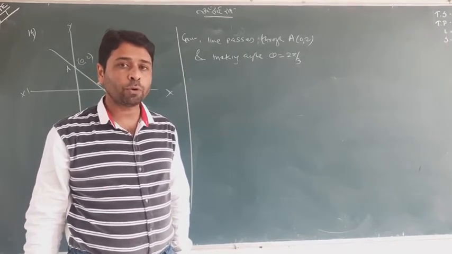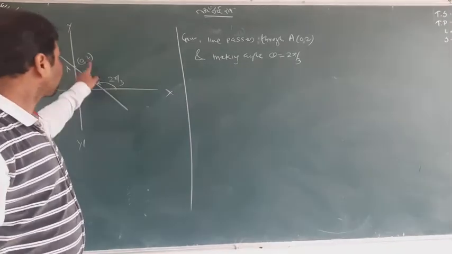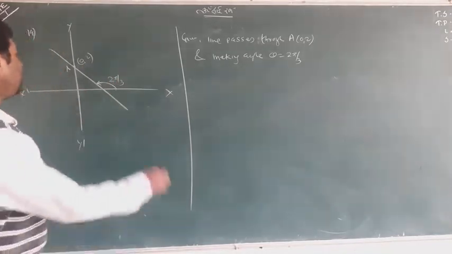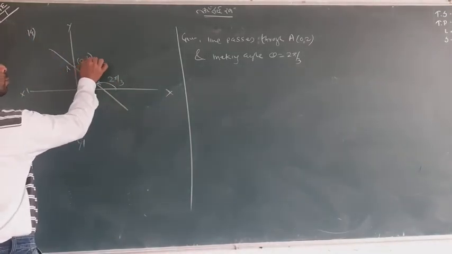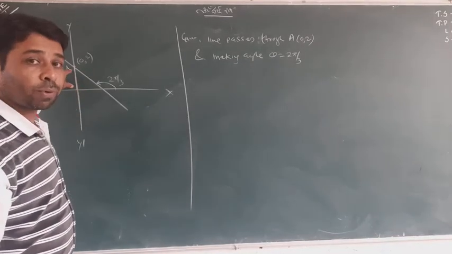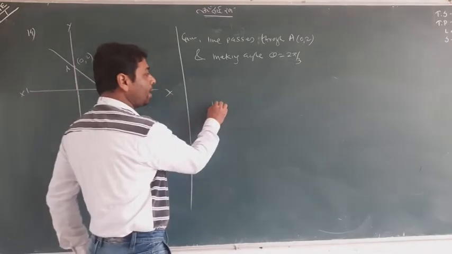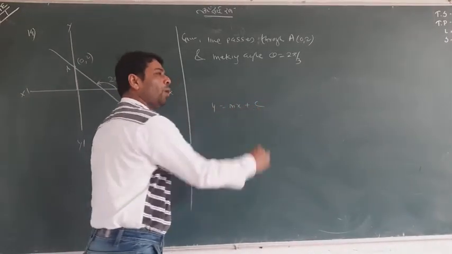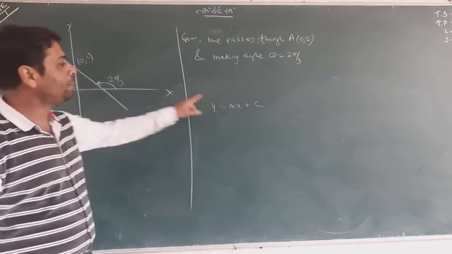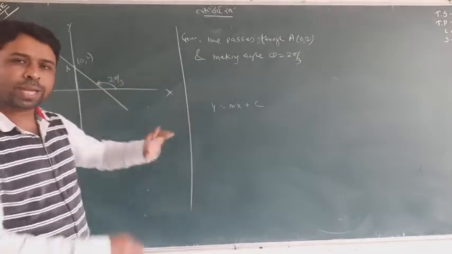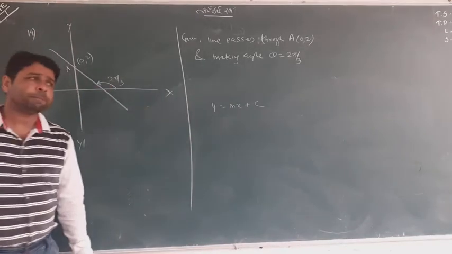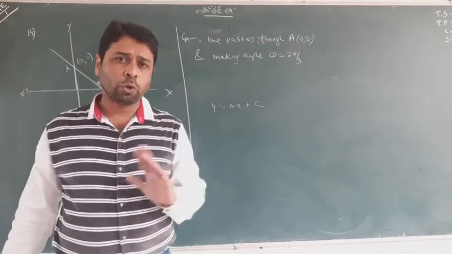First, the one point form, y minus y1 equal to m into x minus x1. Or second, this point is (0, 2), so this distance is 2. This distance is called the intercept on the y-axis, and we know y equal to mx plus c is the form in which c is the intercept on the y-axis, which is 2, and m is equal to tan theta, which is given. So we can use both the forms. Don't worry about that.